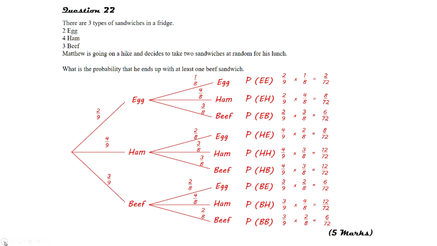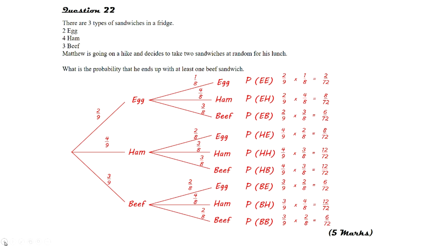We're also going to use that idea when we get over to here. The probability of egg egg is 2/72 and egg ham is 8/72, etc, etc. If I add up all of those probabilities, I'll end up with 72/72, otherwise known as 1. So again, this idea of things adding up to 1 is all the way through this problem, and you use it as a check. So the question says, what is the probability that he ends up with at least 1